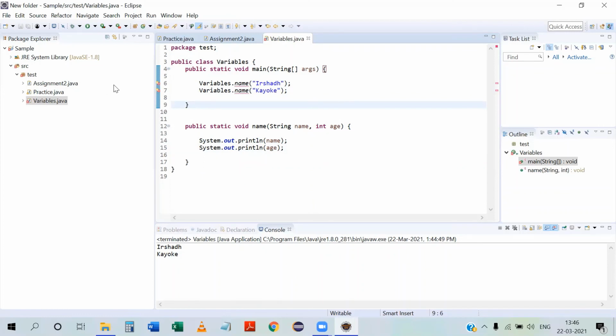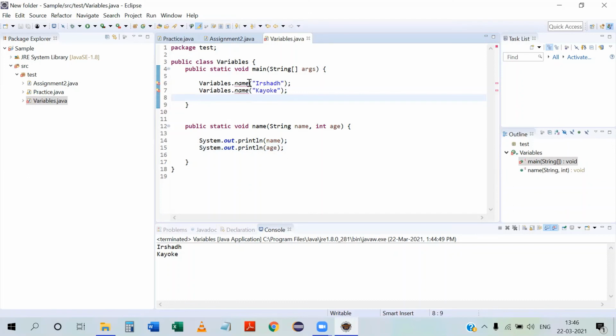Is it okay, ma'am? Because it's showing an error here. Why the error? Because you have missed an argument there. Now you have updated that method, so you have to pass a corresponding value. You have given the name, but you have missed the age, so you have to add a value for that age now.